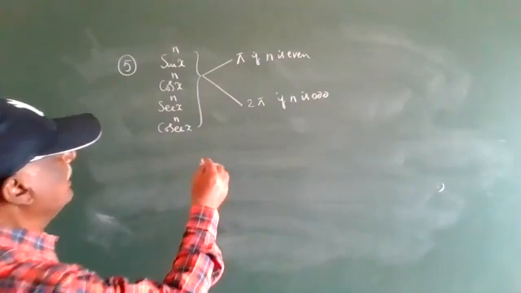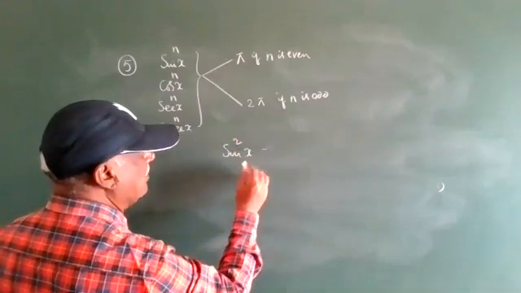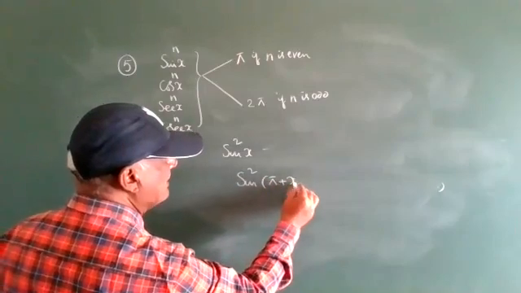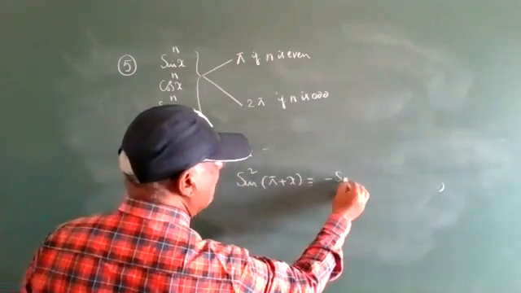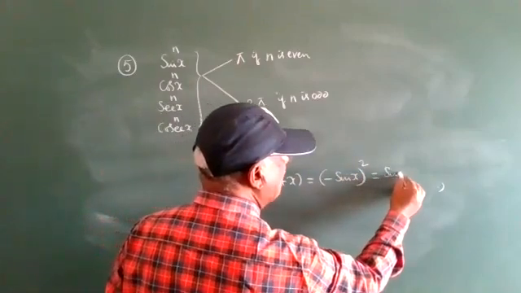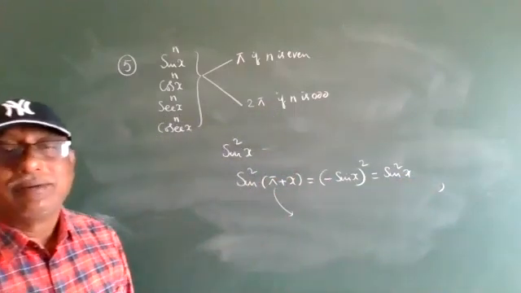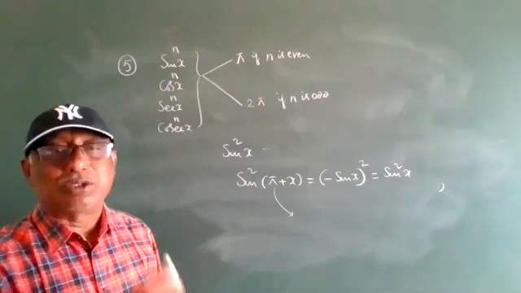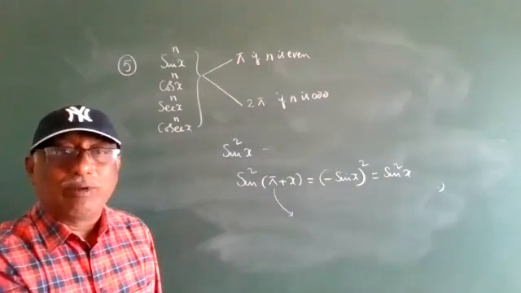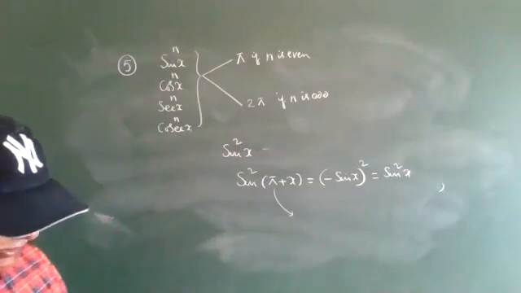See this point: sin square of pi plus x is minus sin x whole square, which by squaring becomes sin square x. Therefore the fundamental period is pi. The same sin square x comes by the squaring function. But an odd power becomes negative, which is why 2 pi is the period for the odd case.